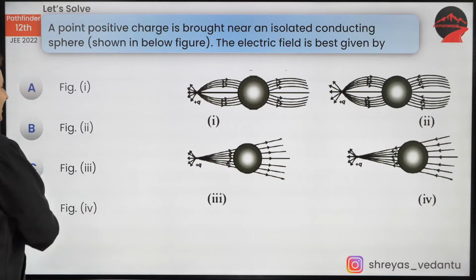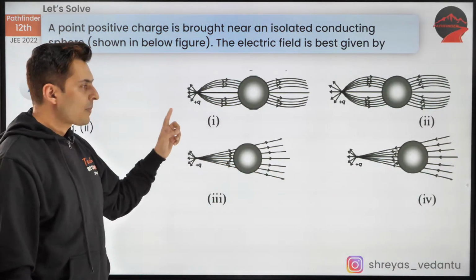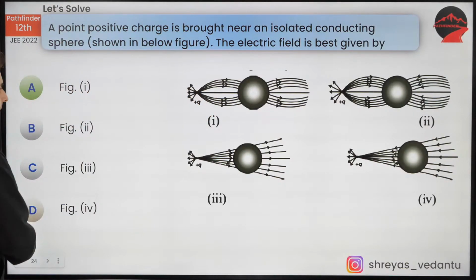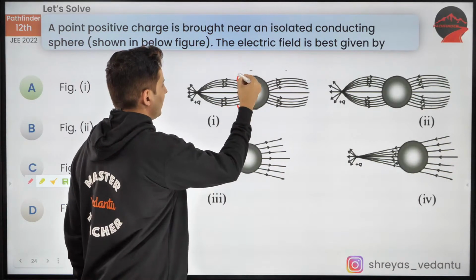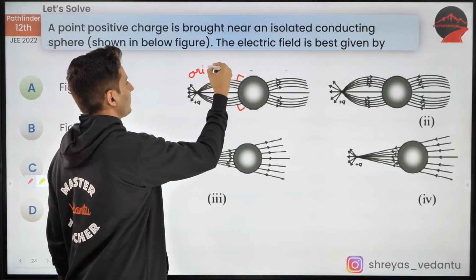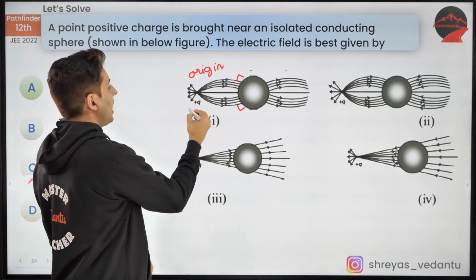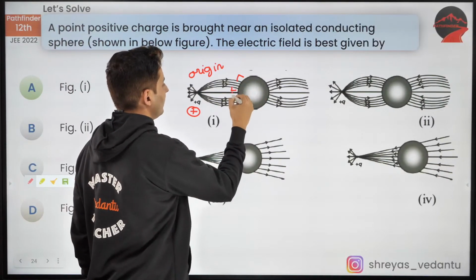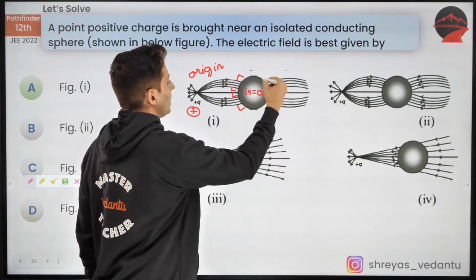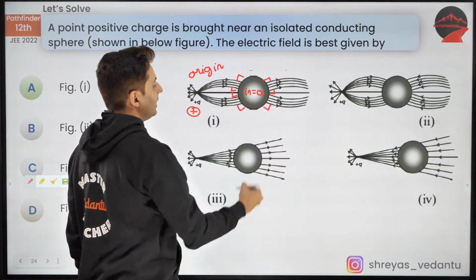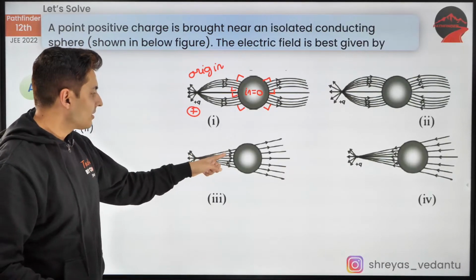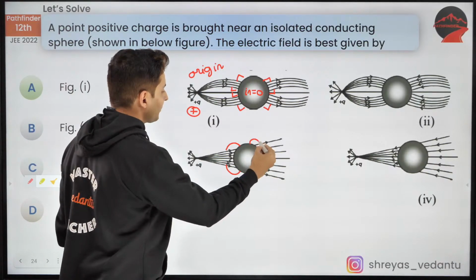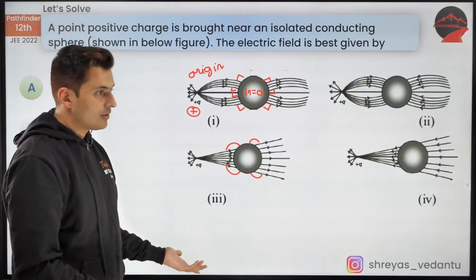Okay. So guys, the answer is actually A, because if you notice in the first diagram, the field lines are perpendicular everywhere and the field lines originate at a positive charge. Inside, the field is 0, and again over here the field lines are perpendicular. So this is perfect. What about this? Look at that, the field lines are not perpendicular. I hope you can see that. There is an obtuse angle over here. Again, the angles are not 90 degrees. So it is not correct.